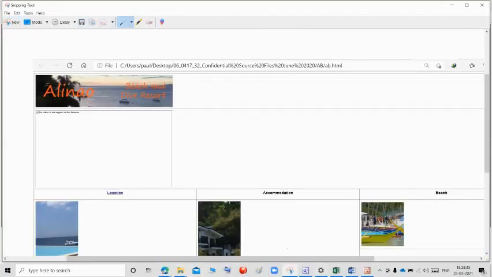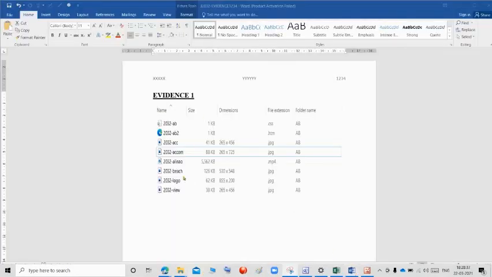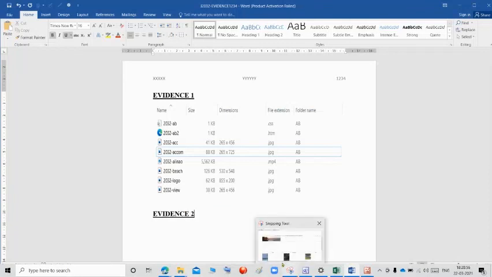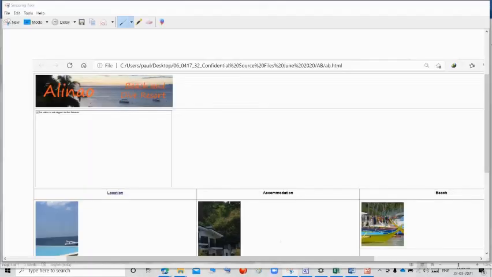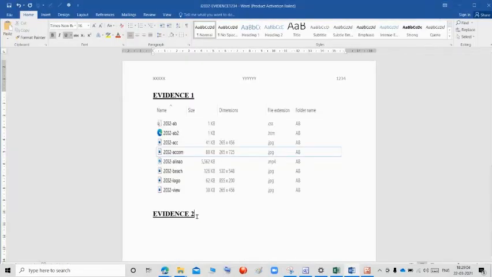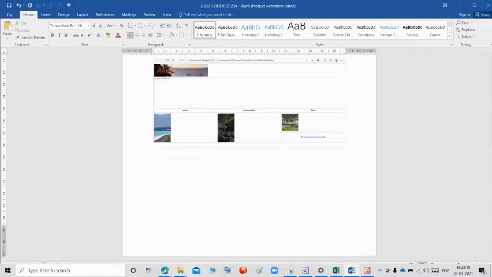Copy this, go to your document, change the name, and with the help of the snipping tool, copy the web browser, and paste it as evidence.